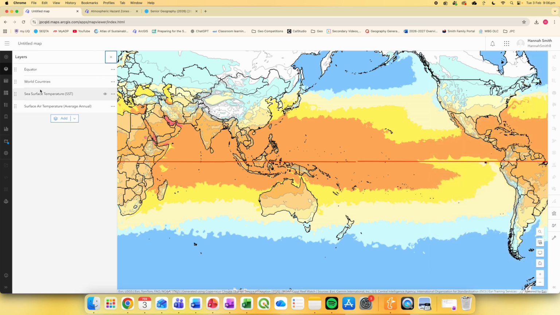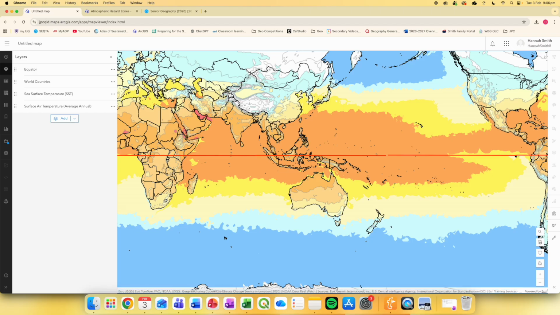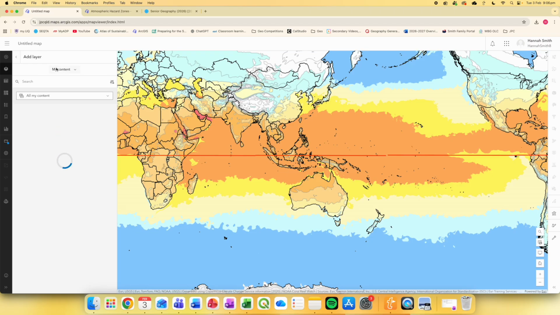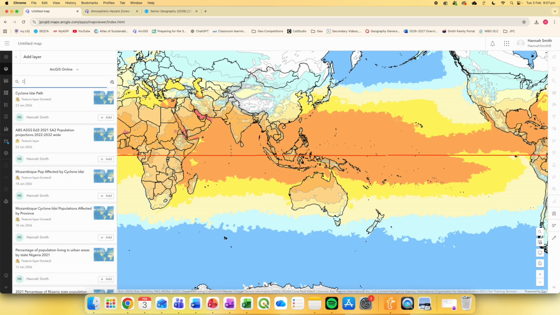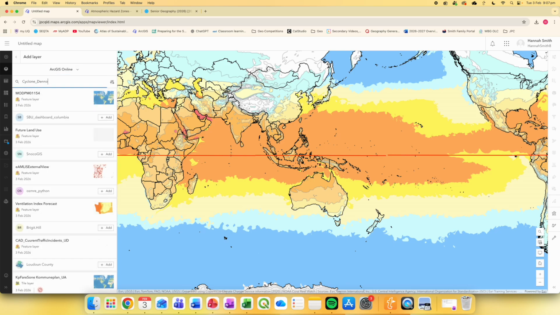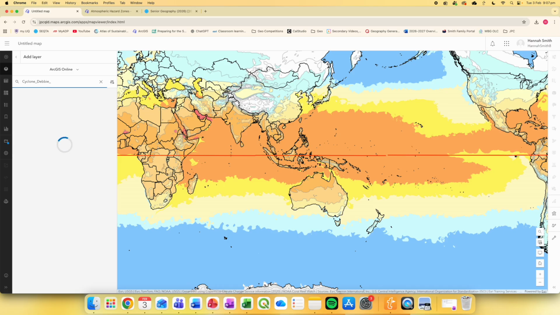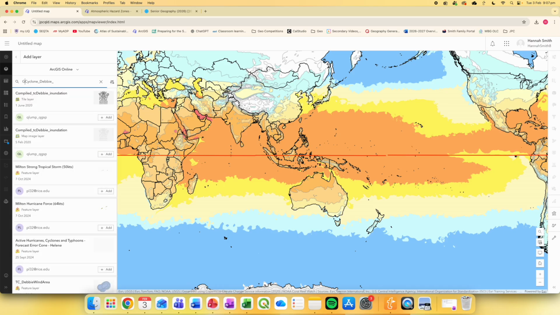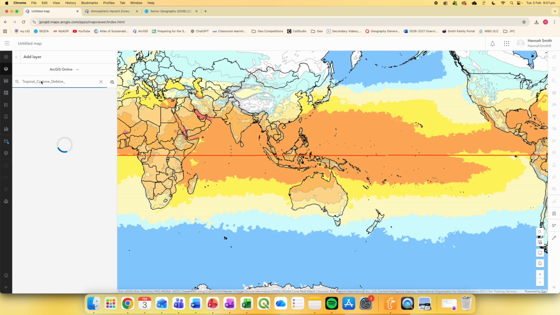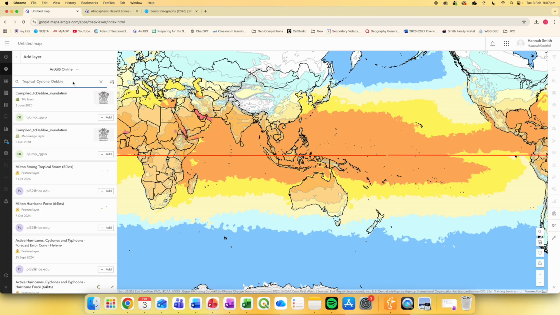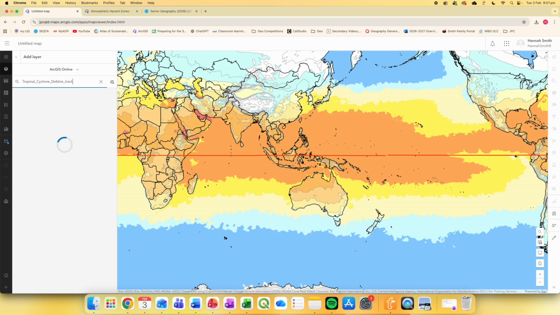Alrighty, so now we have most of our physical features here that contribute to the hazard. Now let's actually add the cyclone. This layer has a particular name. It is Cyclone Debbie. Oh, actually, sorry, I think it's Tropical Cyclone Debbie track map. Here it is. And if you add that,